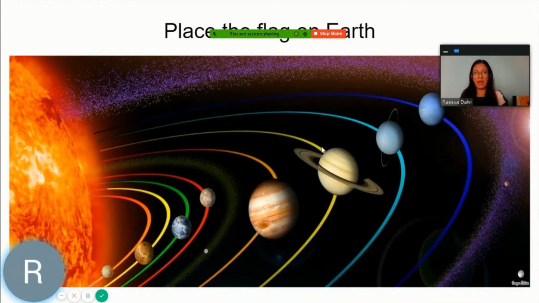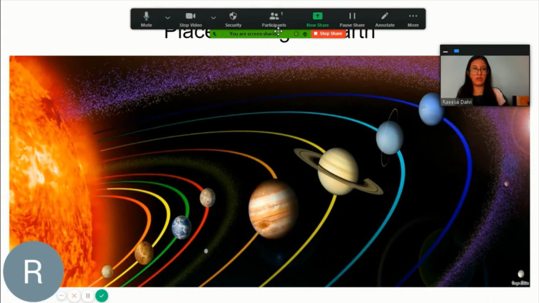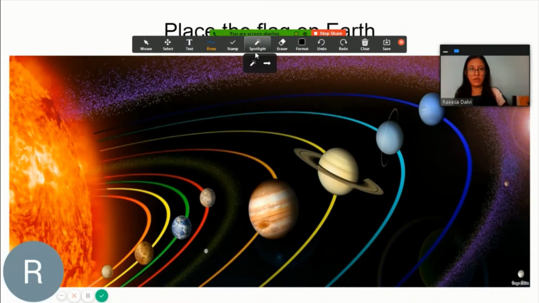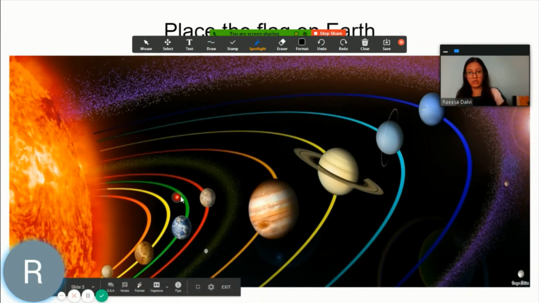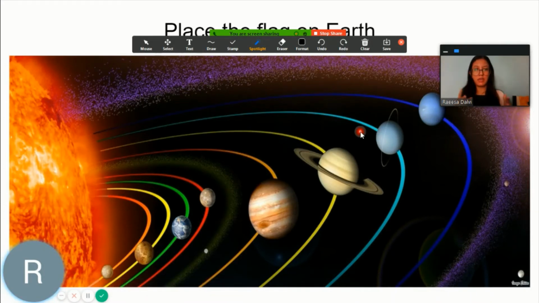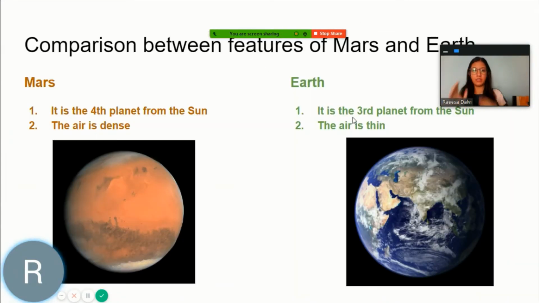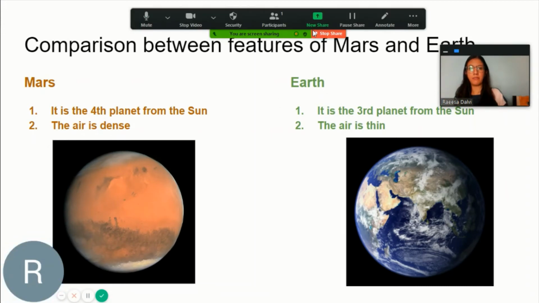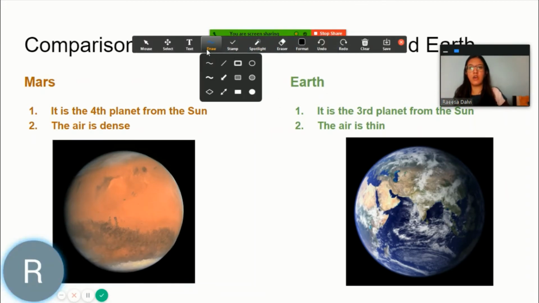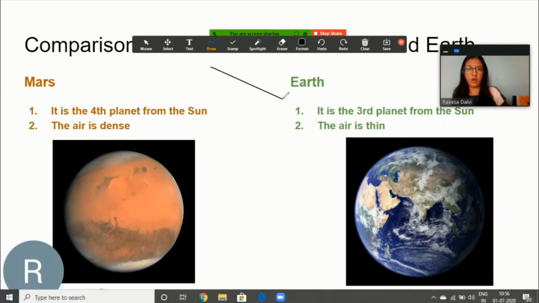Now here is where I have the image, right? Once again, I will start my annotate function spotlight, and I will talk about different planets. Okay, so here is Earth, and then here is Jupiter, here is Saturn. I'll start explaining, etc. And then I'm done. I close this, go to my next slide by clicking onto it. Once again, I take my students through, use the annotate function. I can also draw on my slide and clear drawings.